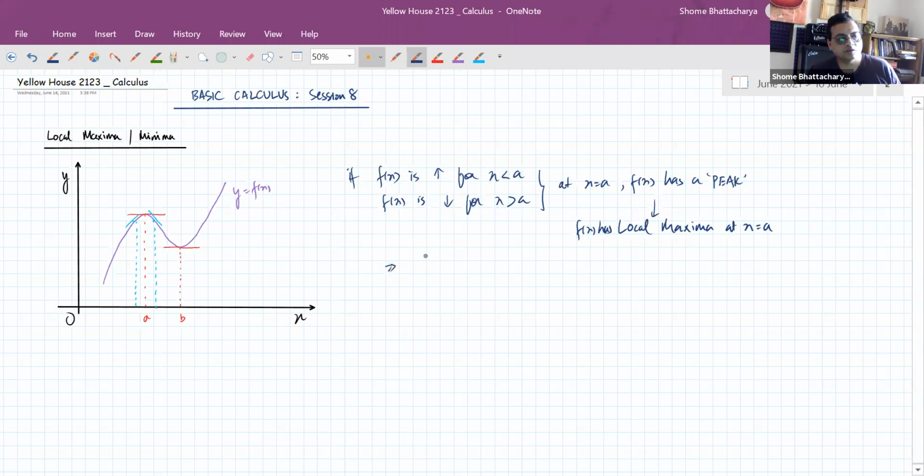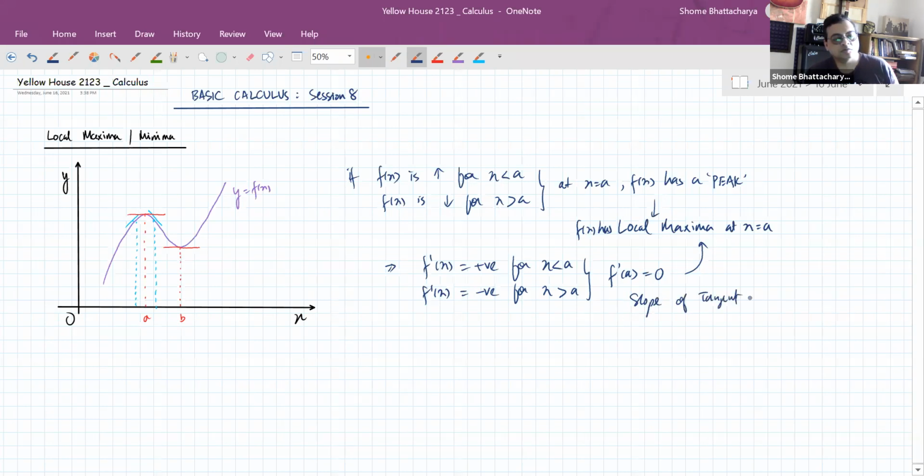So in other words, f prime x is positive for x less than a, negative for x greater than a, but the value of the derivative becomes 0 at the point of local maximum. Okay. So slope of tangent equals 0 at the point of local maximum. Now similarly, if we also analyze the other point here, b, a similar kind of thing is happening,